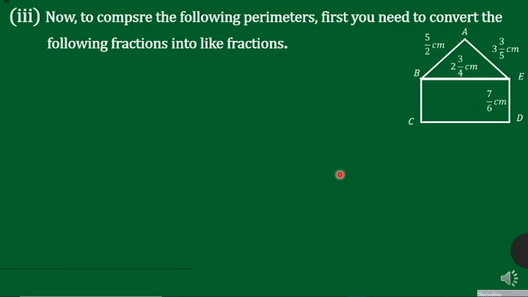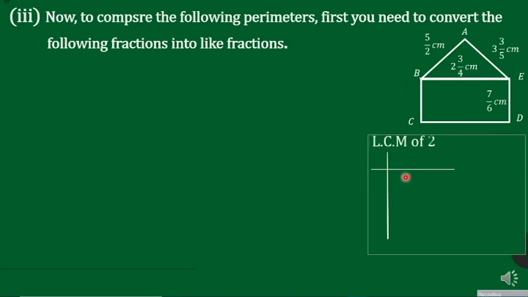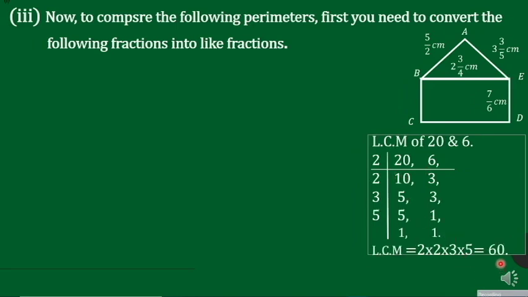So here the perimeters which we have been given, their denominators are not equal. So we will convert the fractions into like fractions. For this, we will take the LCM of both the denominators, and the LCM is 60. So write 177 upon 20, which is the perimeter of the triangle. Now to make 177 upon 20 into a like fraction, what do you need to do?